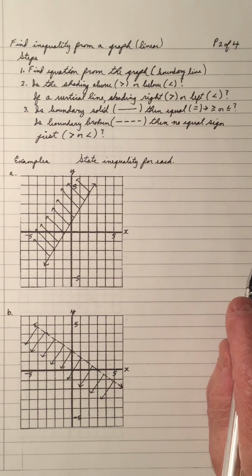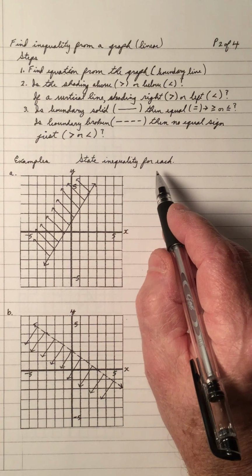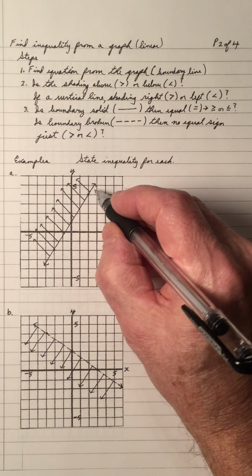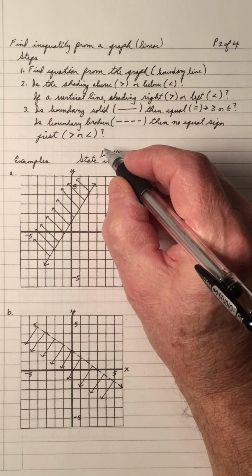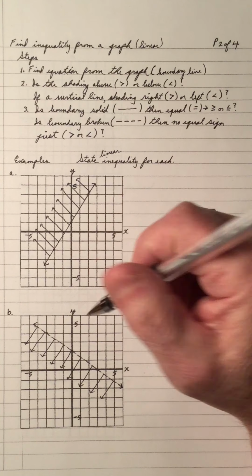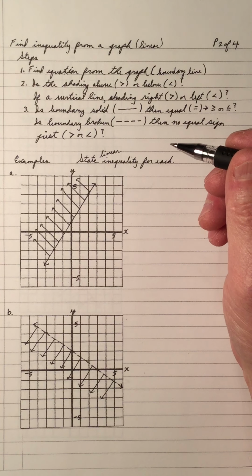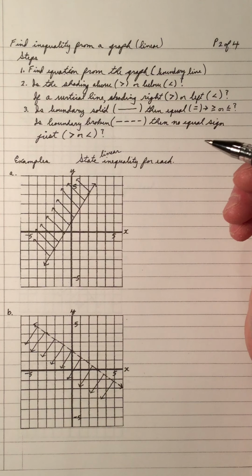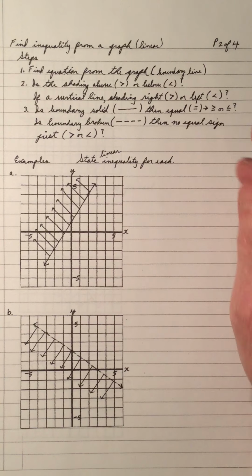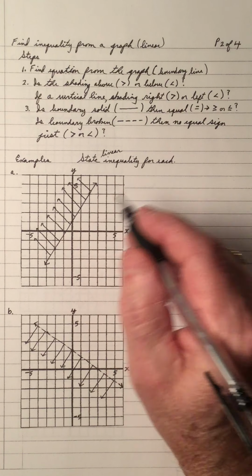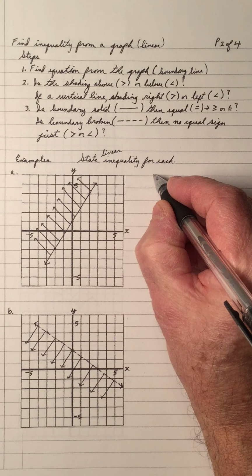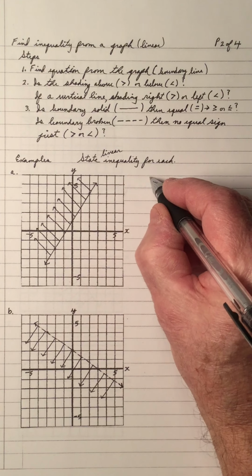Let's do some examples. State the inequality for each. That's the linear. Notice I repeat, it's linear because there are other inequalities that could be quadratics, cubics, absolute value, but we'll deal with them later on in different units. So to get the equation, this is the line, so we're looking for